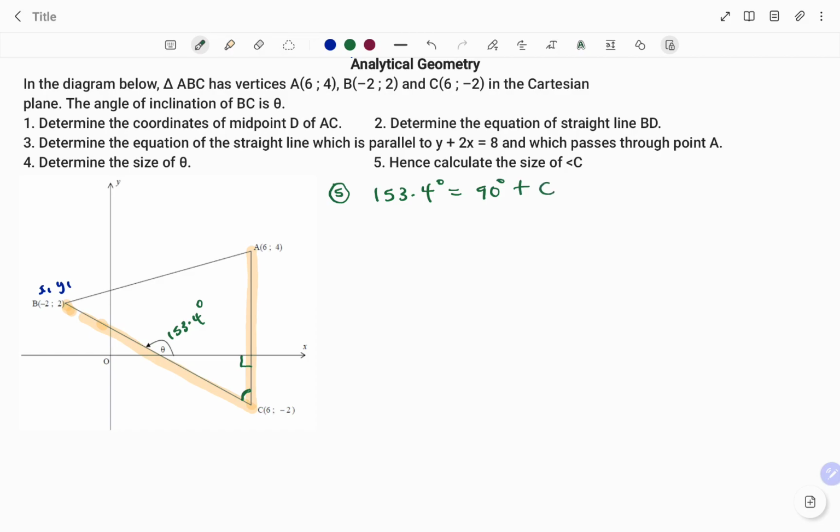Therefore, the rule is the external angle of a triangle equals the sum of the opposite interior angles. So therefore, angle C is equal to 153.4 degrees minus 90 degrees, and the value of angle C will be